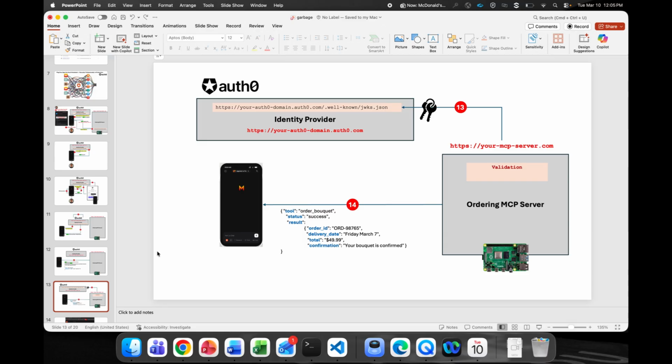So in short, OAuth here is about authenticated machine-to-machine trust, not end-user login. It's the mechanism that tells our MCP server this request truly came from Mistral AI under the right